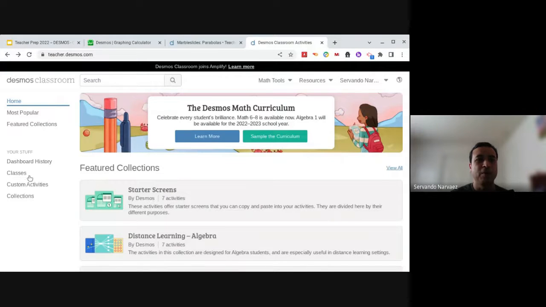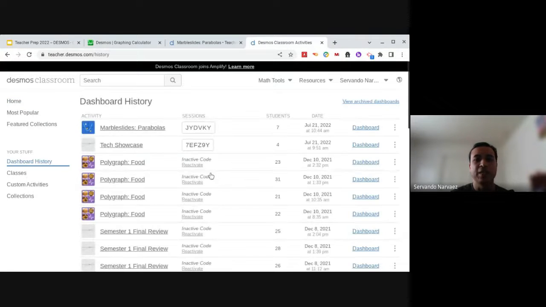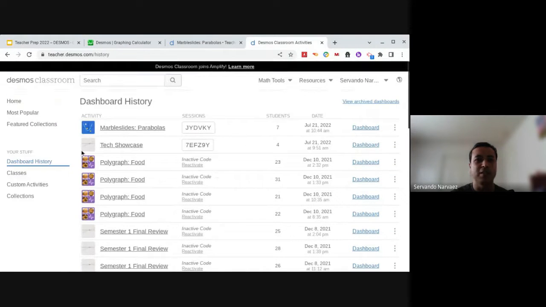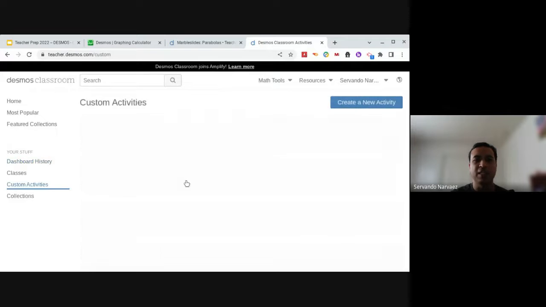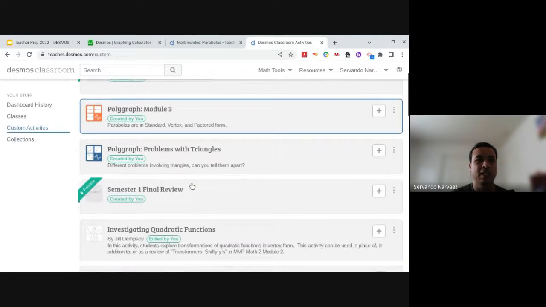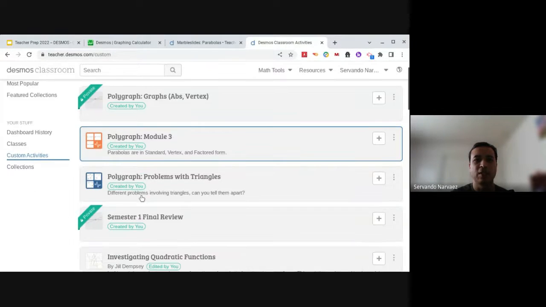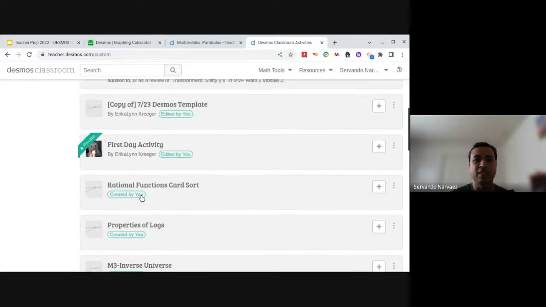If you go right here to dashboard history, these are the ones that I've actually played myself for teachers and students. I don't have classes, so that would be empty. Custom activities are the ones that I have created. So for example, I have this one called properties of logs that I